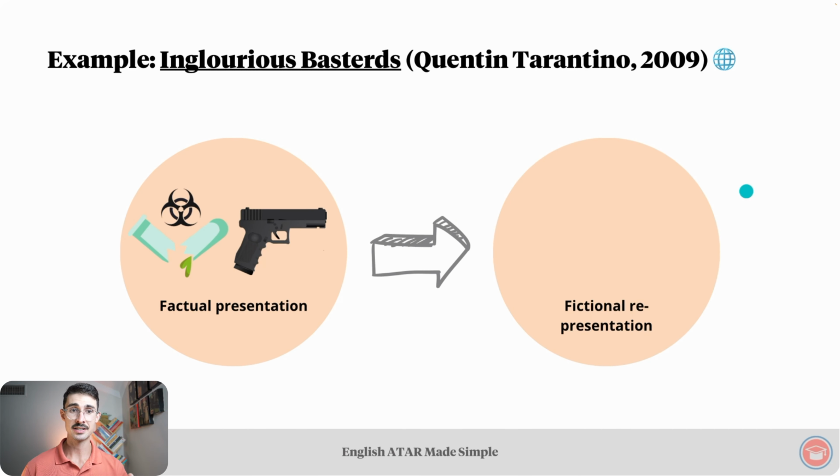Tarantino represented this historical event in Inglourious Basterds by telling a story about a group of American Jewish men who successfully execute their plan to kill Hitler by burning him alongside other Nazi leaders in a theater. This is the reality. This is what happened. This is the fictional representation of what happened. Note that this is a fictional representation.